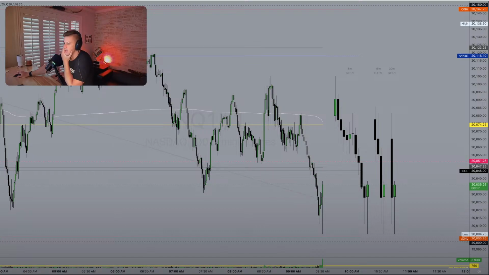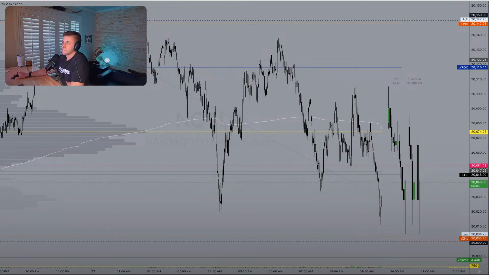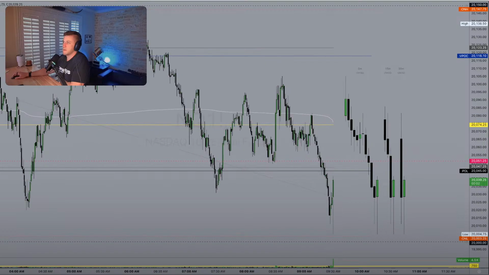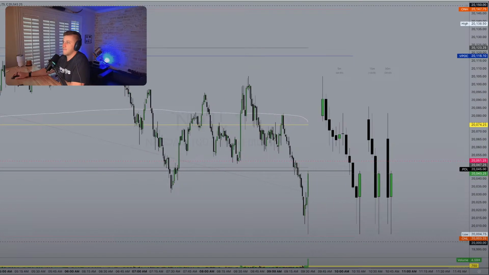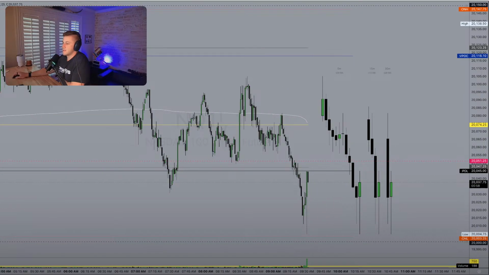Coming into that prior day low. Prior day low is 45 right there to the tick.